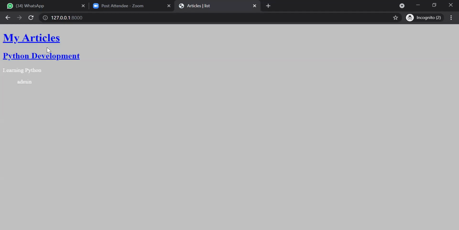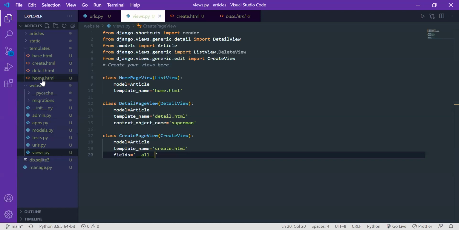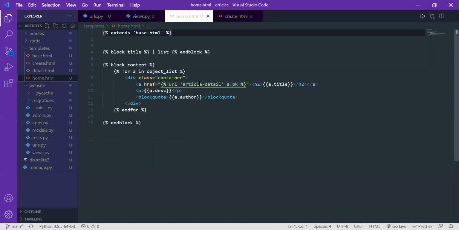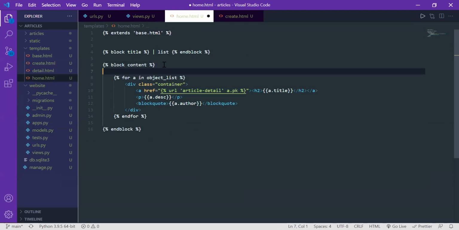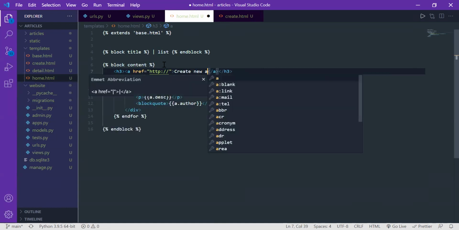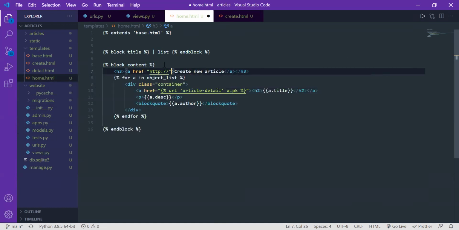Here it is, and the thing is, okay, we haven't given inside home.html any link or URL to create a new article. So we will go back inside our home.html from where all the things are coming, and let's provide it above over here. Inside, let's say an h3 tag, I'm providing a hyperlink because we have to link to web pages. I will say create new article, and which URL it will be,